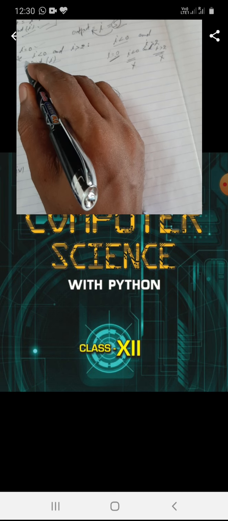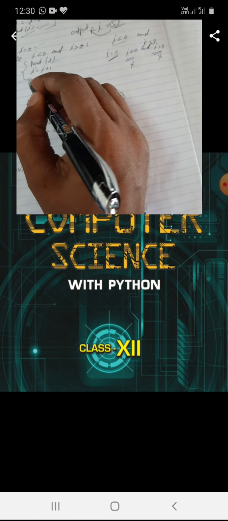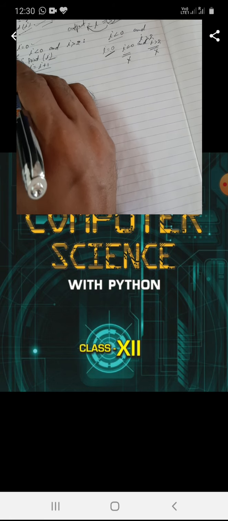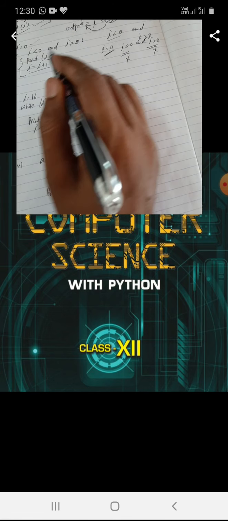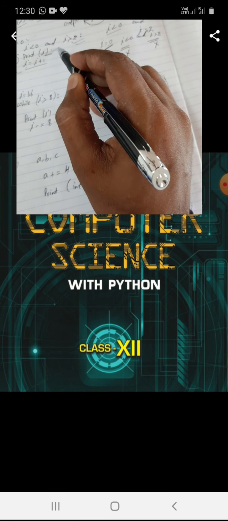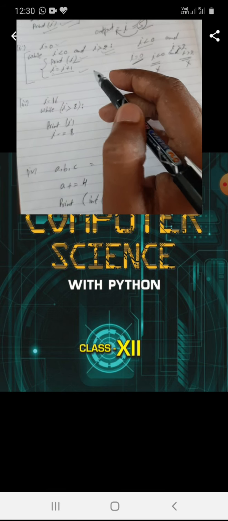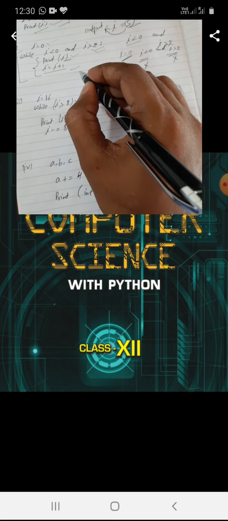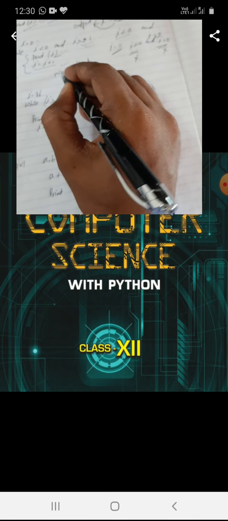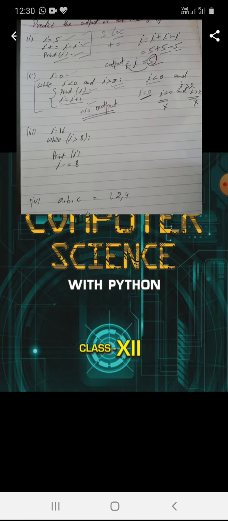Actually, in this piece of code, print(i) and i = i + 1 are the part of the while loop. If the condition is satisfied, then the third and fourth lines of code will be executed. It means you will get no output. No output will be produced in this code.